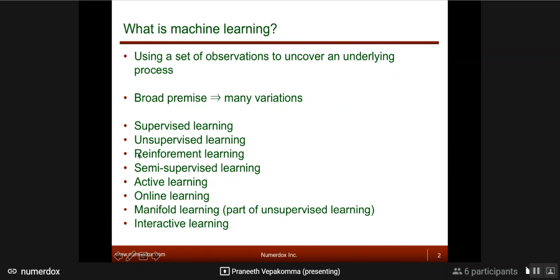Interactive learning is basically almost like reinforcement learning, but it's not always about rewards or punishments. You interact, you observe something. That may be a good thing or bad thing, that's later, but you observe something. And based on that, you remember that this is what happened if I did this kind of thing. And then you keep going. So it's almost like reinforcement learning, but it's not only about rewards and punishments. So it's interactive. Any questions at this point?